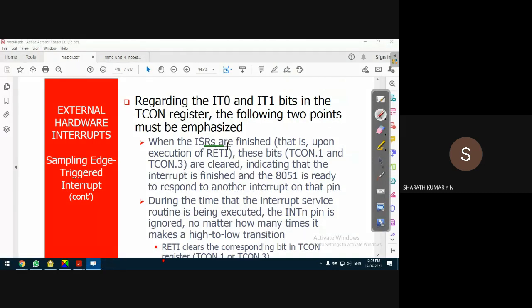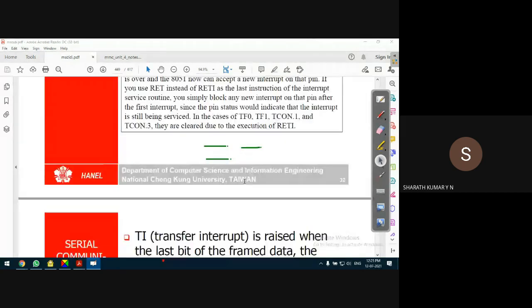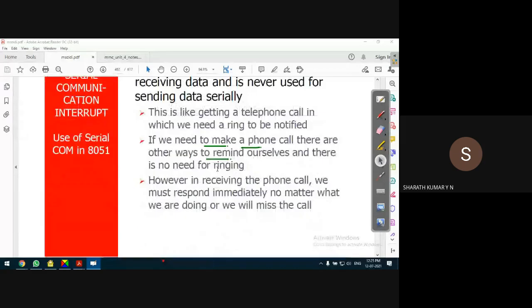When interrupt service routines are finished, their execution is completed. That is on the execution of the RET instruction, the ISR execution is completed, that the interrupt is finished. Okay, in this case the RETI is not explained, not here. This is for the serial communication.